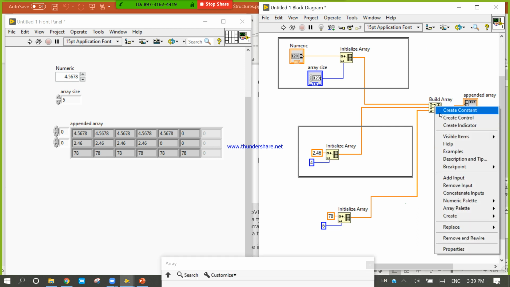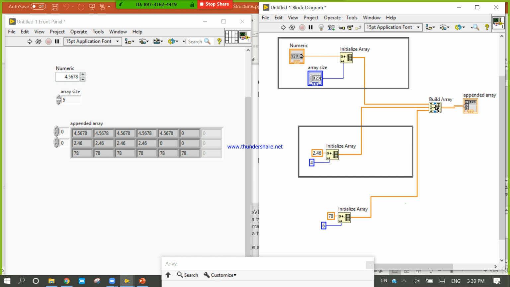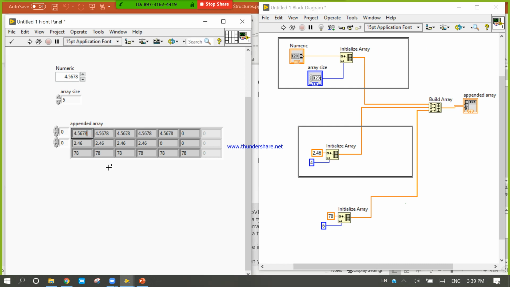If I click on this concatenated input, in this condition we can read Delhi data in one row, Hyderabad data in the second row, and Chennai data in the third row.